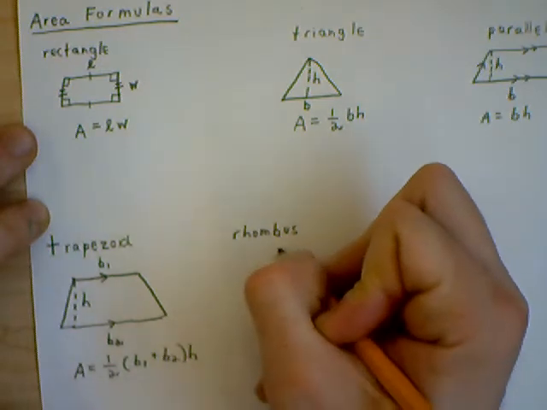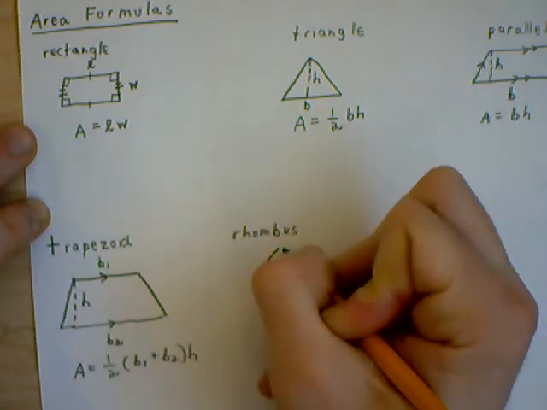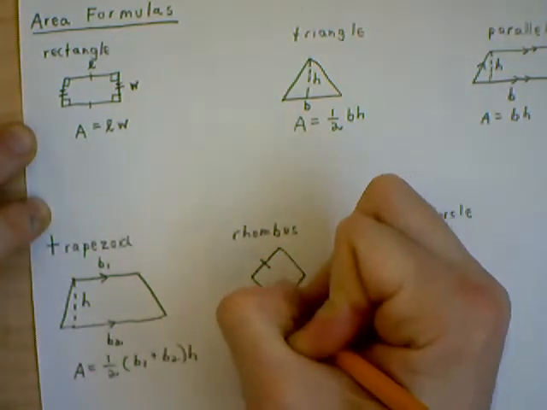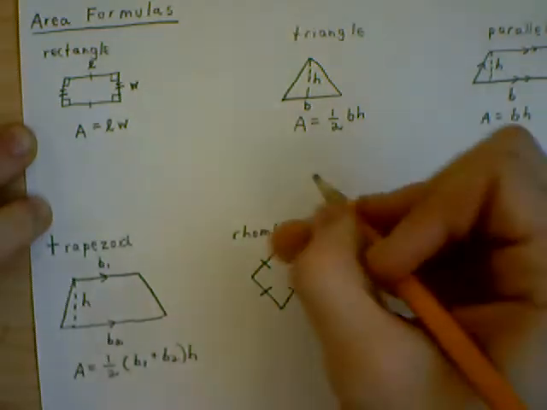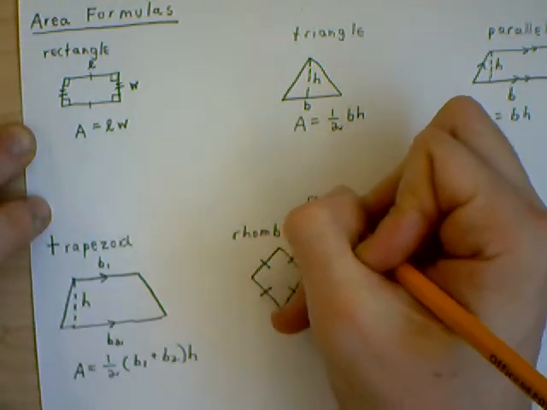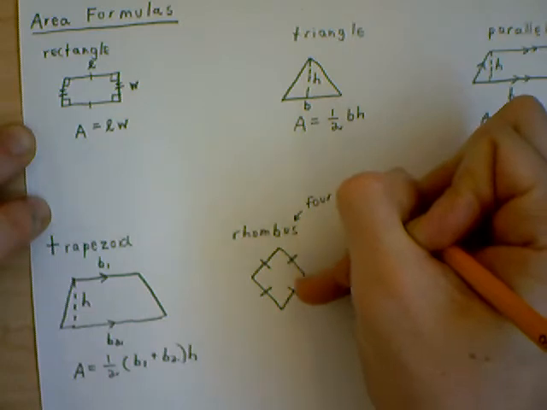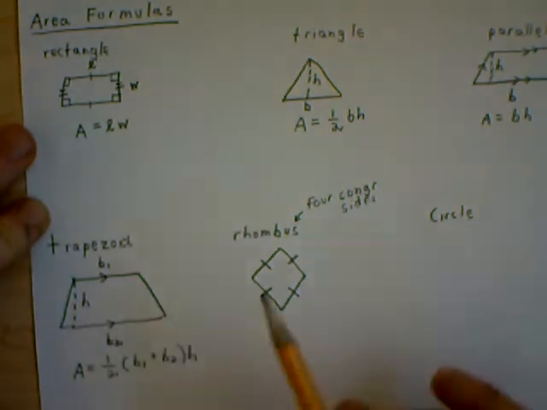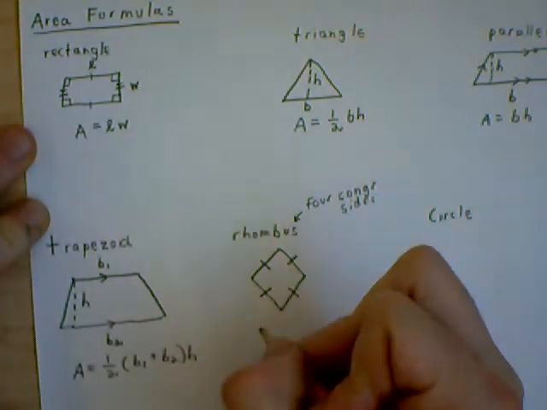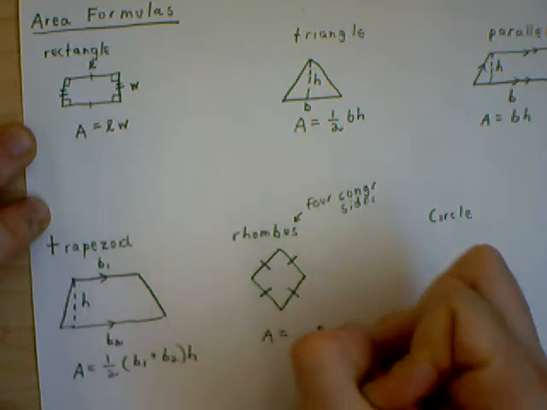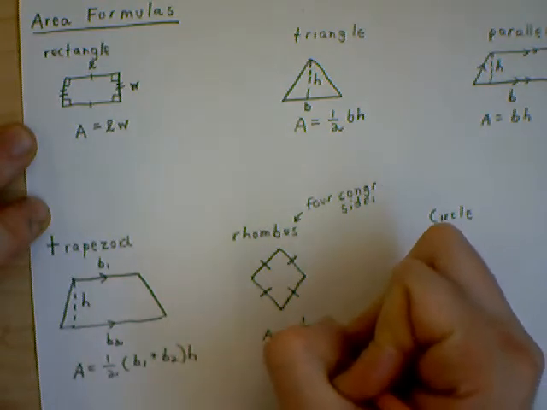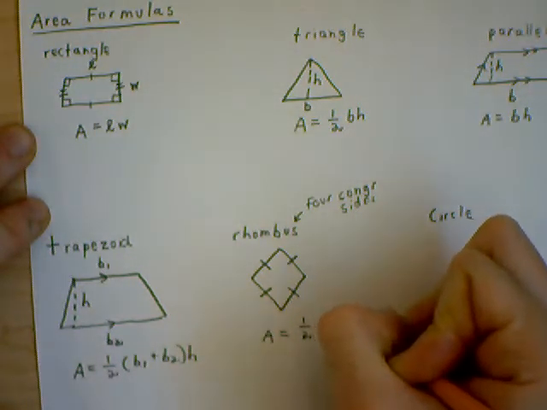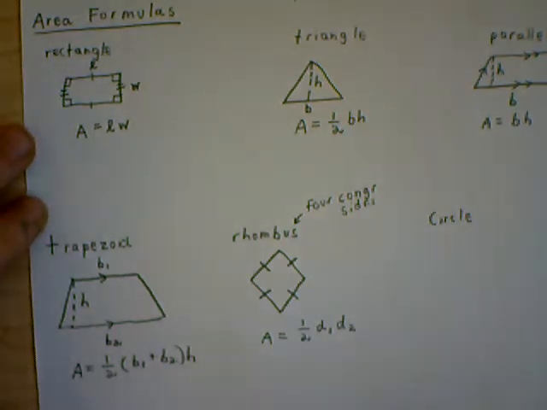Next, a rhombus is a quadrilateral with 4 congruent sides. But you don't necessarily know that all the angles are 90. It's just 4 congruent sides. The formula for the area of a rhombus is the area equals 1/2 diagonal 1 times diagonal 2. What I mean by that is